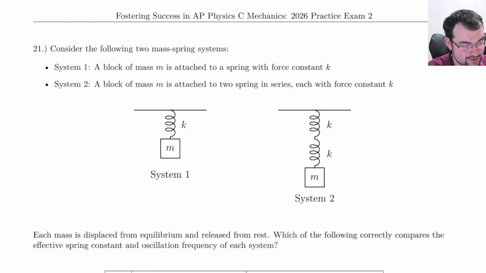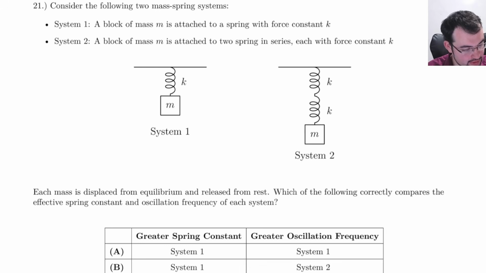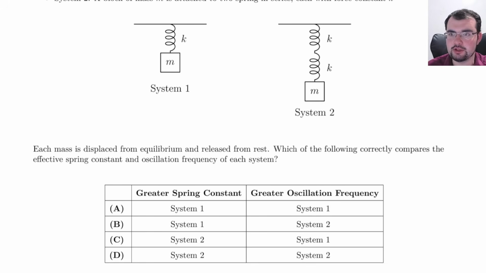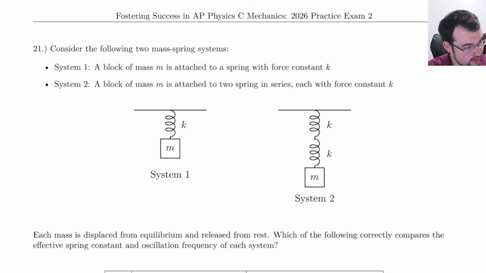All right, now I got some mass spring systems to compare. We're hanging a mass from 1 spring or 2 springs in series. We're going to be interested in comparing their spring constants and their oscillation frequencies. So it's pretty clear that the first spring constant is k, but for the second one, we have a rule